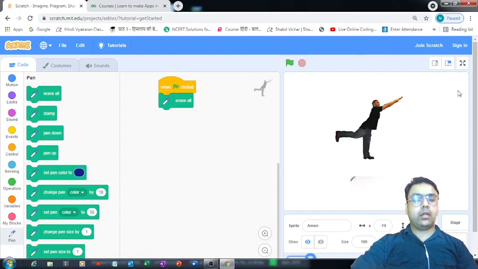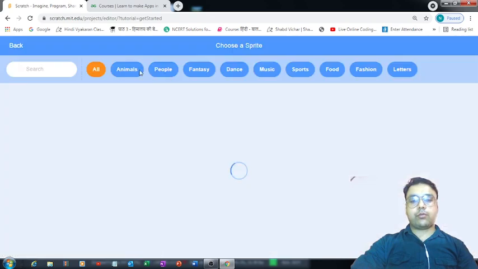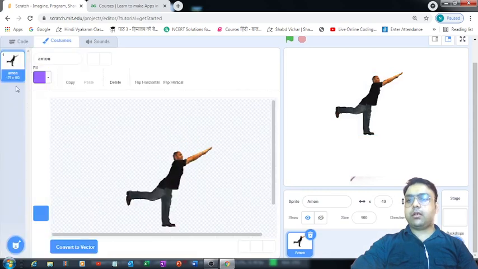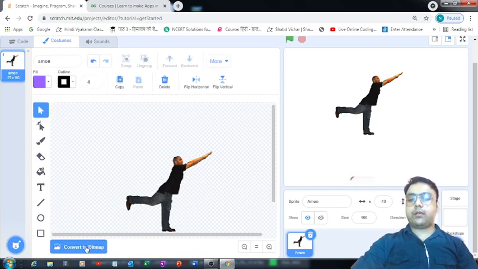Just a second. For doing that, I will have to visit the sprite section. So choose a sprite. Sorry, I can come on this costumes and I don't want to see it. So how to convert it into a blank, an empty frame? We can first convert it into the vector form, because it was in bitmap form.